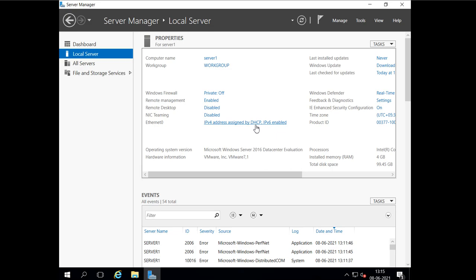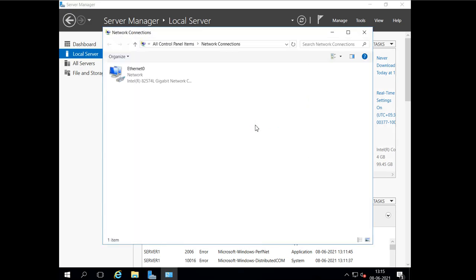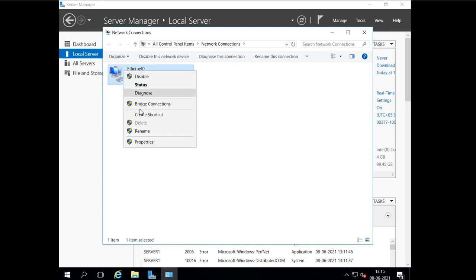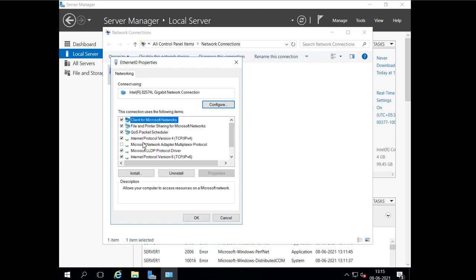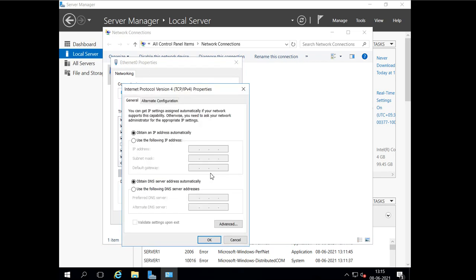So I will configure the static IP address here. I will click here. Then I will go to the properties, IPv4 properties. Right now it is on DHCP, so I will configure this manually. Now it depends on our network what IP ranges are available or configured. It depends on the network administrators what ranges and subnets they are providing. So based on that we will use the IP address here.